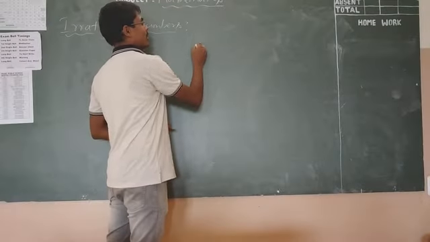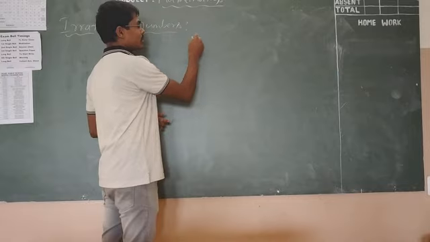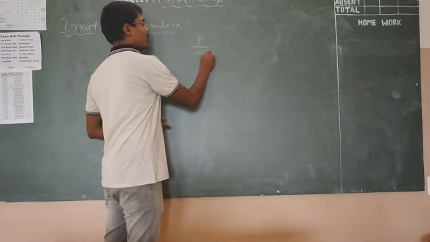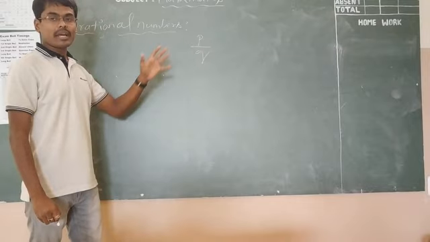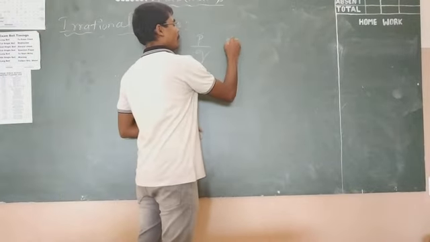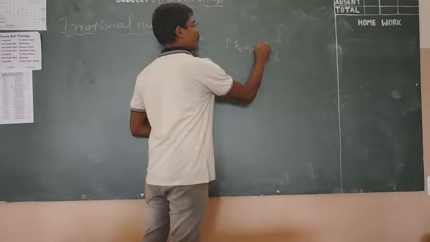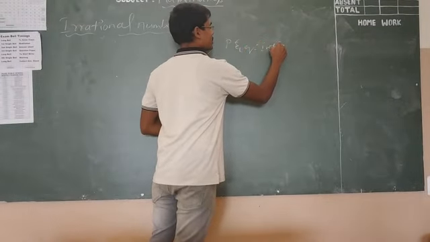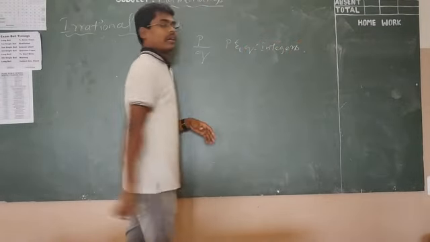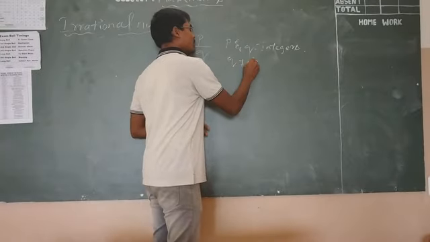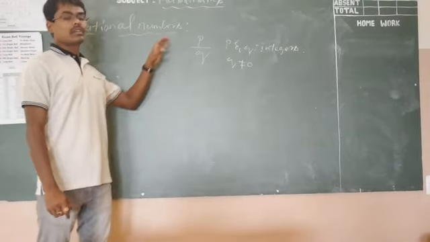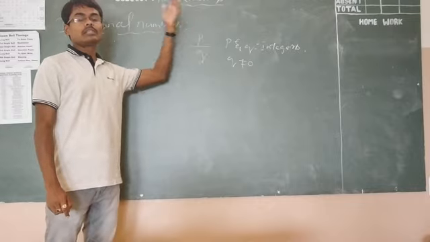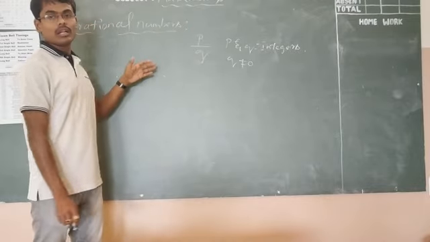Suppose any number is not possible to express in the form of p by q, where p and q both are integers, and one more condition, q is not equal to 0. If any number does not satisfy this condition, then we call that number by a